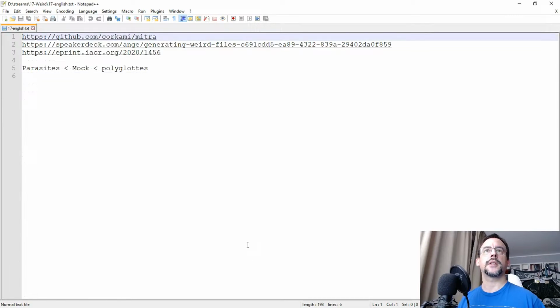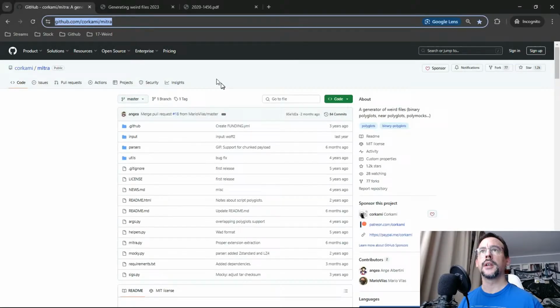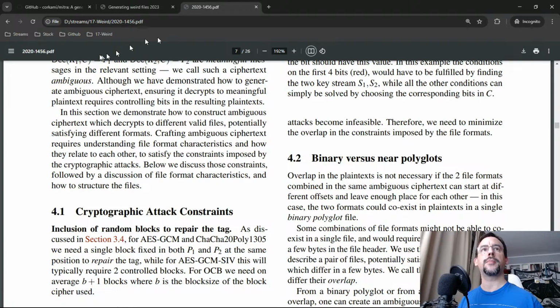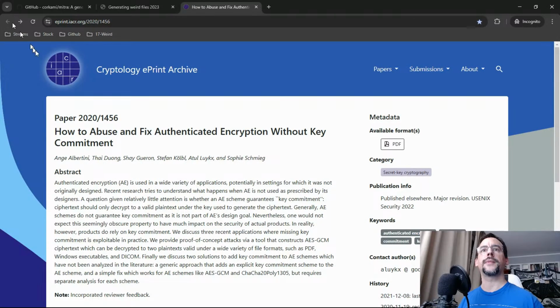Yeah, so the address is GitHub Corkami Mitra. My slide deck will be on Speaker Deck. The new one is version 2, which is slightly updated. And if you're into academic papers, there is the 2020 paper about how to abuse and